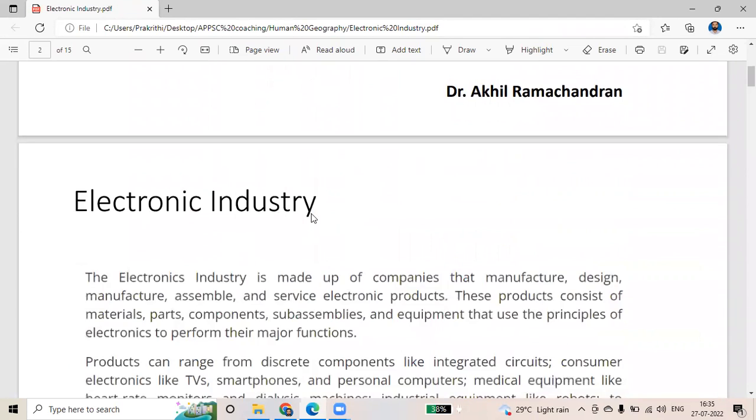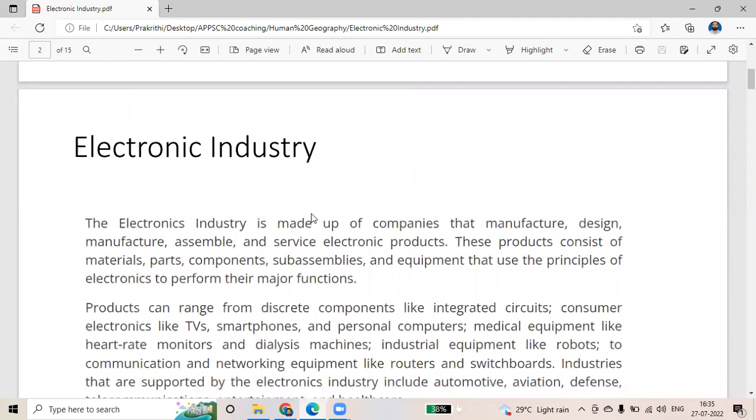So when we say electronic industry, the electronic industry is made up of companies that design, manufacture, assemble, and provide service to electronic products. Electronic products, for example, TV, smartphones, computers, all these come under this. To manufacture them, and also the assemblage, because one electronic equipment like a computer consists of multiple